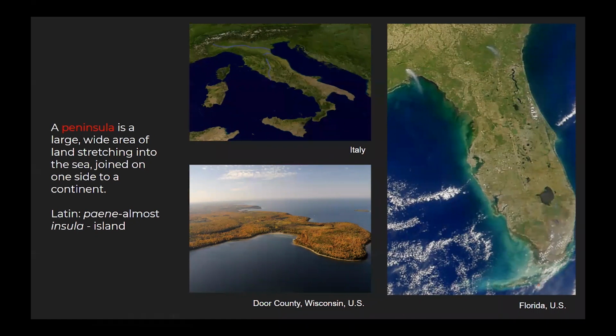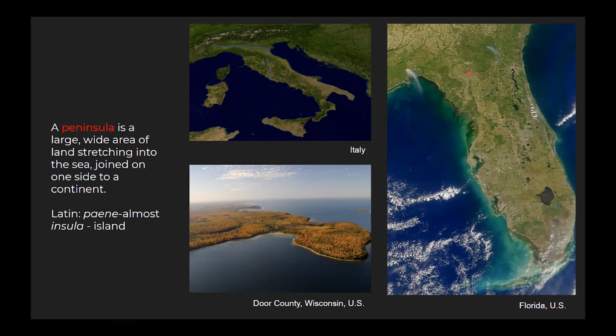In this presentation, we're going to talk about a lot of different types of landforms that are really all types of peninsulas. A cape is a type of peninsula. A promontory is another type of peninsula, which we're going to talk about. But a peninsula is really any piece of land. Here we have a familiar one. This is Florida, that is surrounded on three sides by water and just connected on one side to the larger